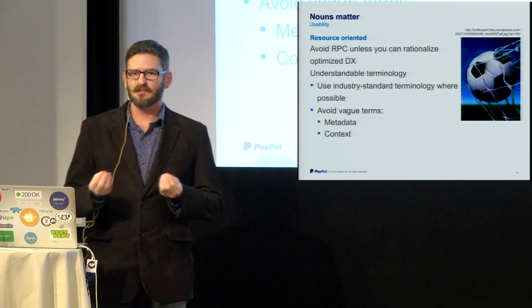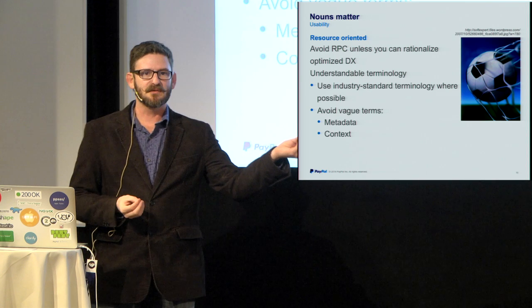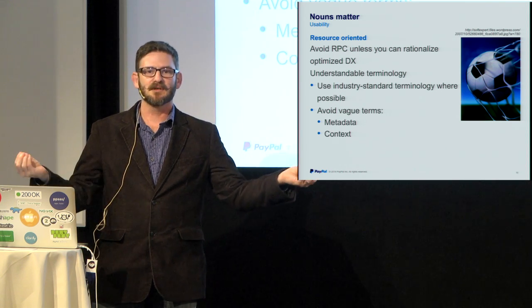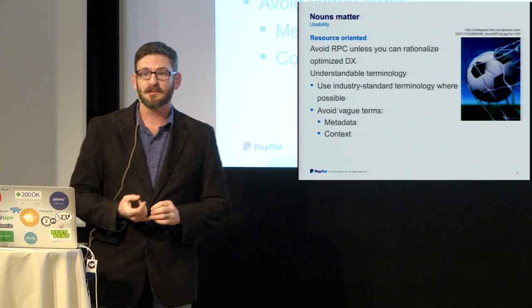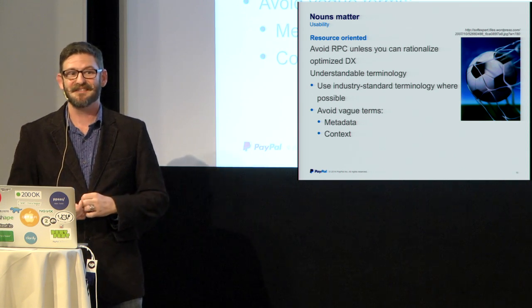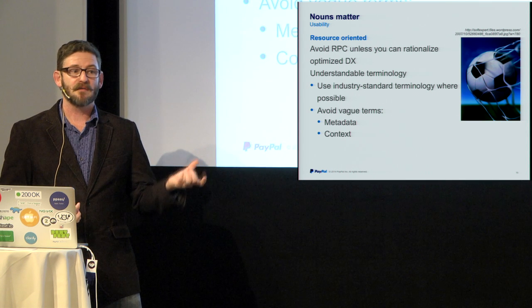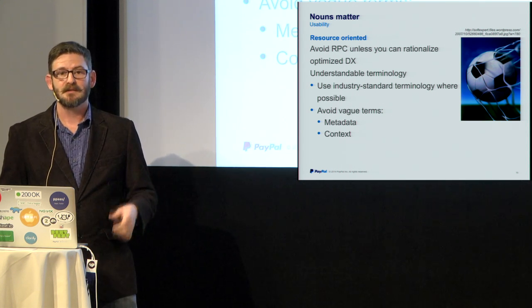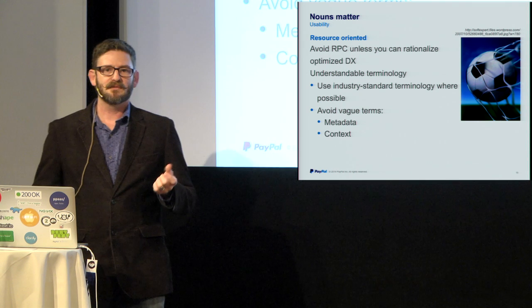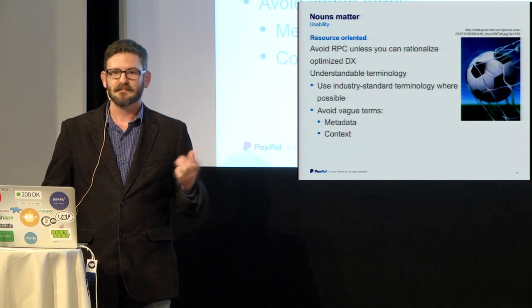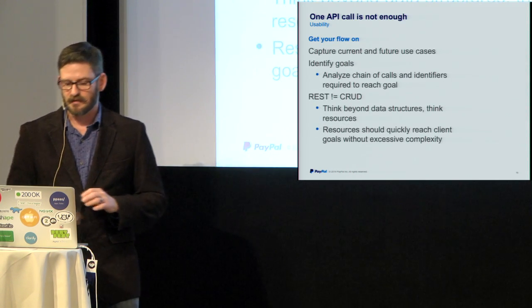So vague terms are really dangerous, because as soon as one person uses it, you have to have a definition that everybody agrees on for the whole platform. Well, the platform is big as we're running with hundreds of APIs. Good luck. So avoiding that vague stuff is really important. If you have industry terminology you can rely on, great. Otherwise, find something meaningful. Make sure it's in the dictionary if you can. Find meaning in your nouns.